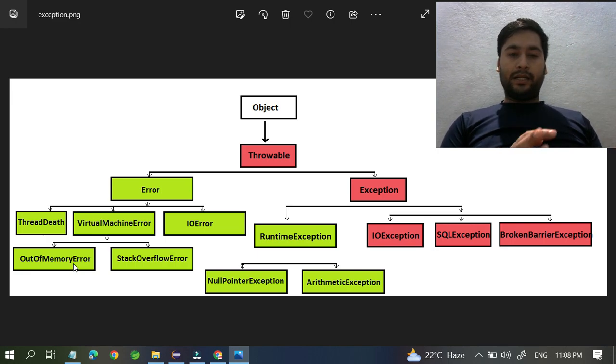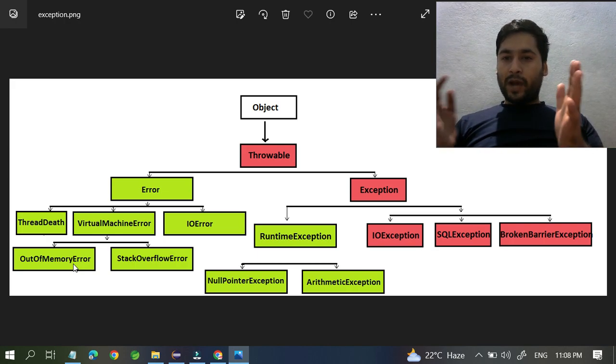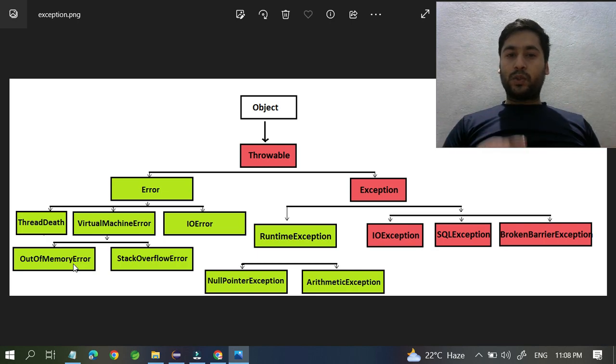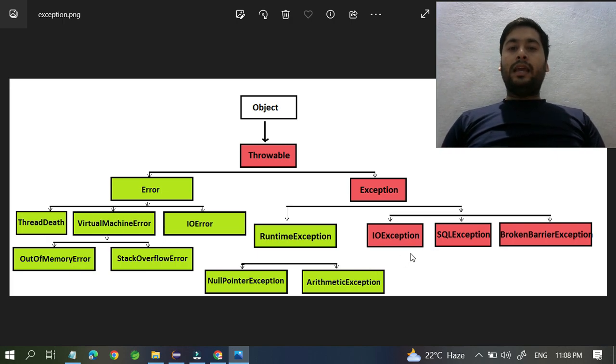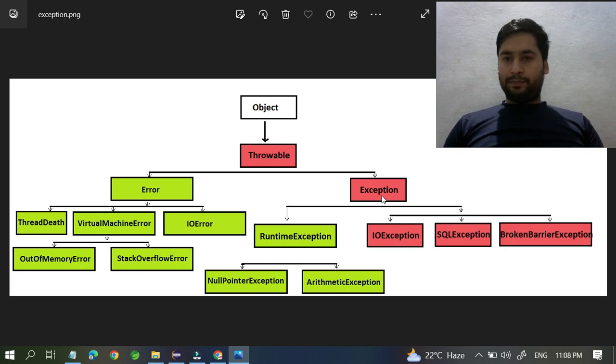But the exception part is very important. You have to handle it and provide some alternate way so that the clients who are using your application can understand that an issue has happened and the machine is not doing proper work. For example, as a programmer you can face lots of exceptions. The very popular exception is NullPointerException.